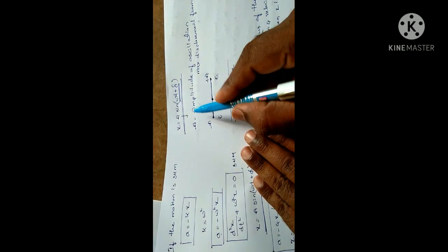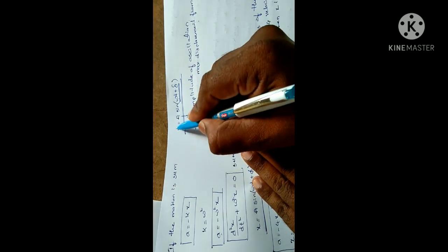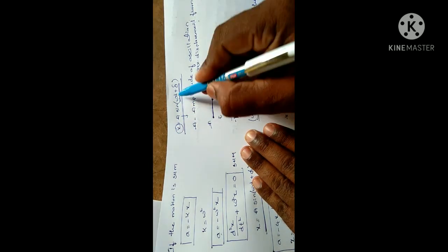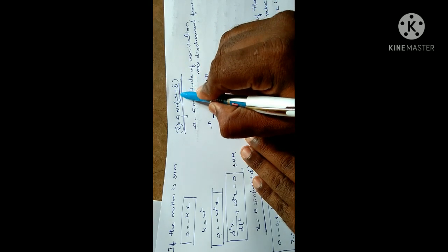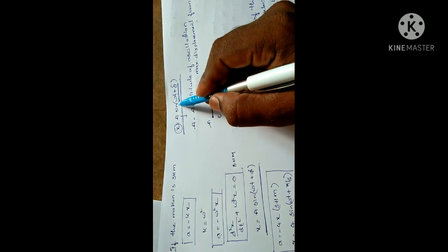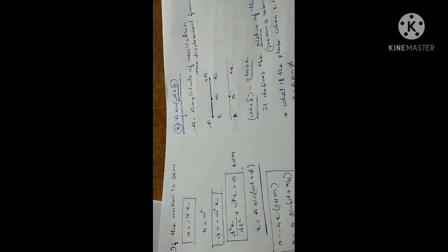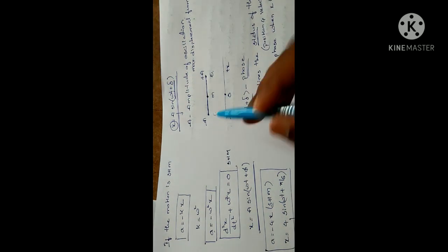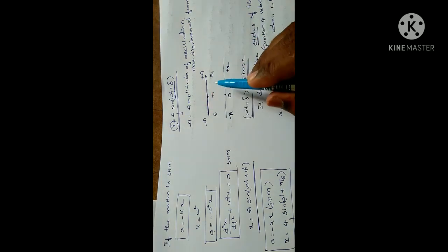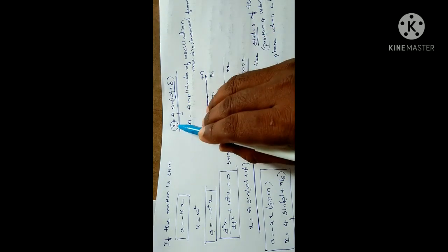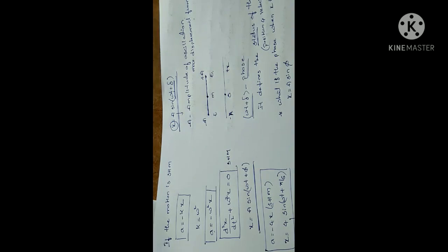Now remember, in the equation x is equal to A sine omega t plus phi, x does not mean the trajectory of the particle, it means the position of the particle with time dependent t. Suppose if this is an x and y function, and if y is equal to A sine of kx plus something, then that equation represents the trajectory of that particular particle. Here it is not the trajectory, it is nothing but the position of the particle with time. At a time t, the particle's x position is given by this particular equation.